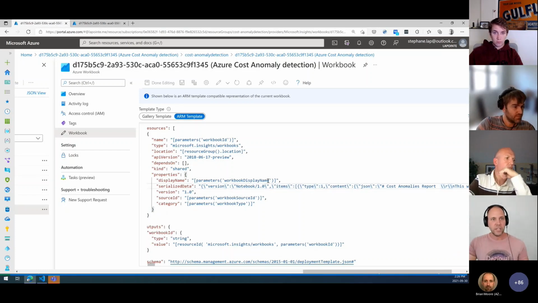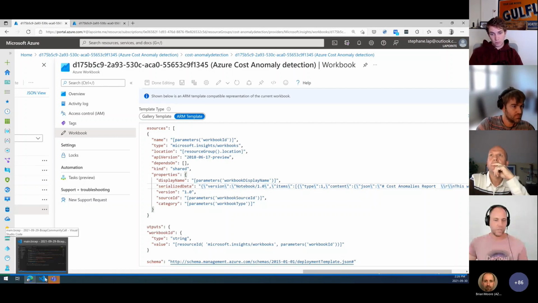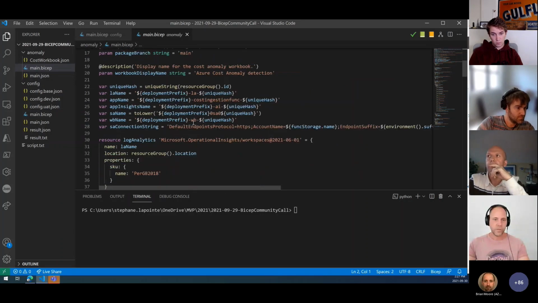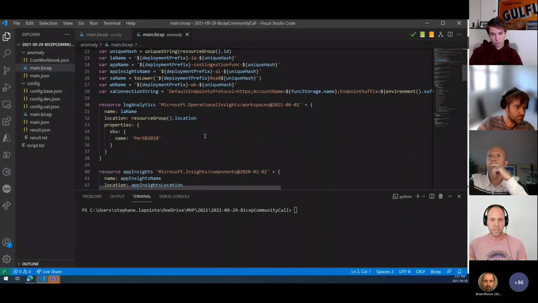So I thought that the loadTextContent function could help me very much with this. So I just recreated everything with Bicep. The things at the top are really just the setup, the naming convention, and things like that.